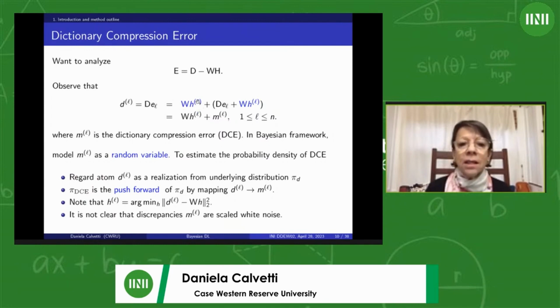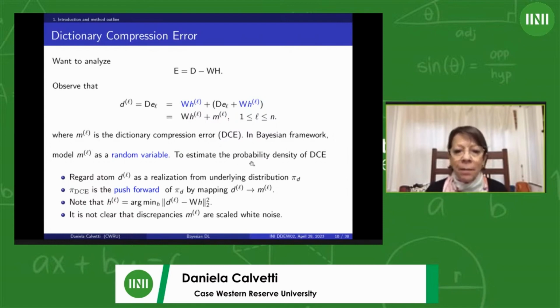So I'm writing D_l as W H_l plus D e_l minus W H_l. There should have been a minus here, I apologize, so this should be a zero sum. I'm adding W H_l and subtracting it off. So the difference between the exact representation and this compressed representation is what I call this dictionary compression error. Thinking about this very simple trick, a very simple way of introducing this dictionary compression error,